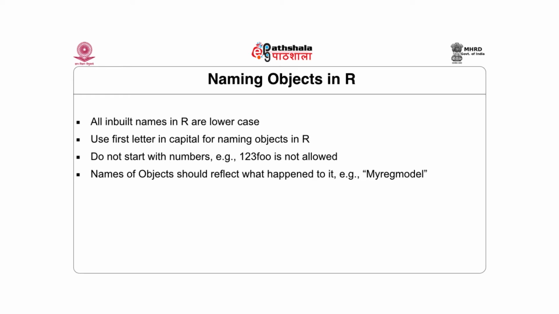Now, the way the inbuilt objects are named by the R developers and R creators, these are called reserved words. And these reserved words are the words which you cannot use to name another object that you as a user are going to use. For example,